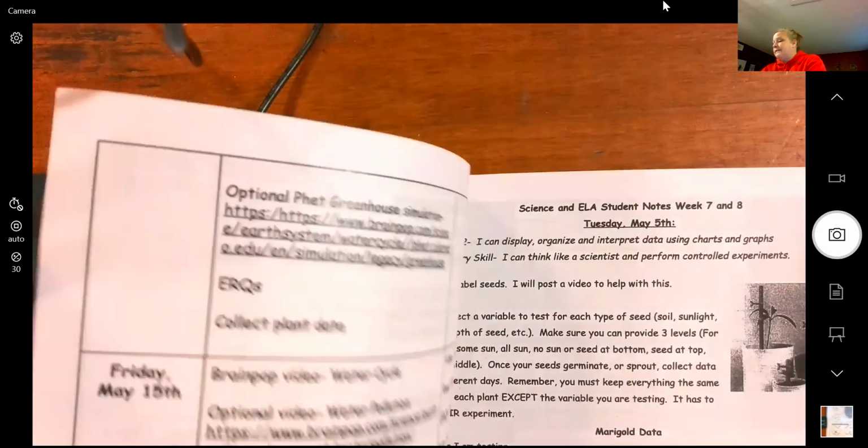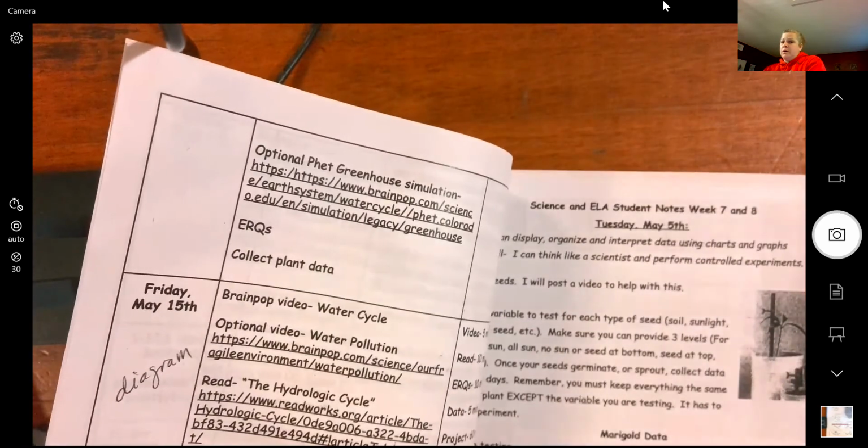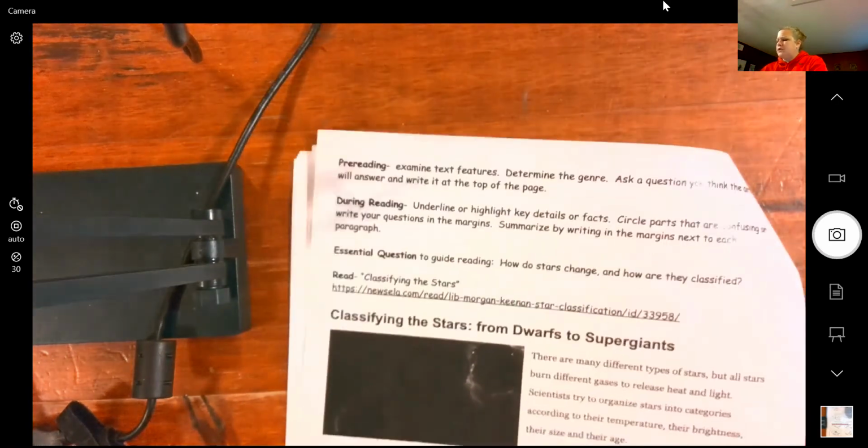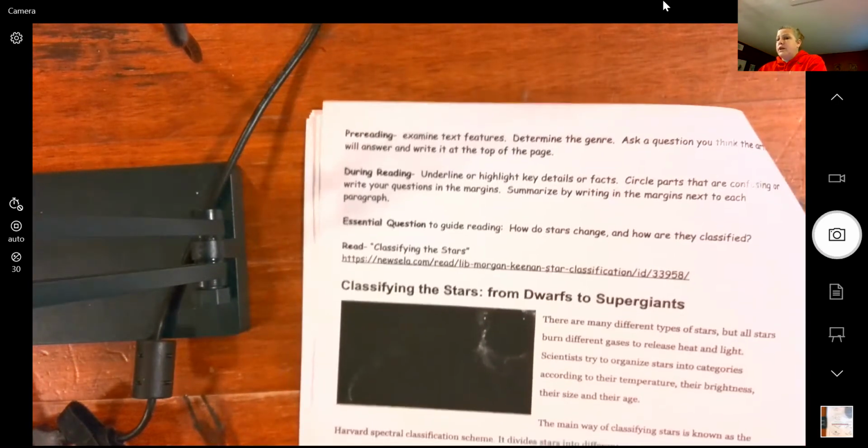All right, so we're going to open up. All your articles are in your packet this time. So I'm just flipping through. We already got your plant data set up and ready, and your plants should be getting ready to grow. All the articles are only a couple of pages, but definitely some of these are challenge articles.